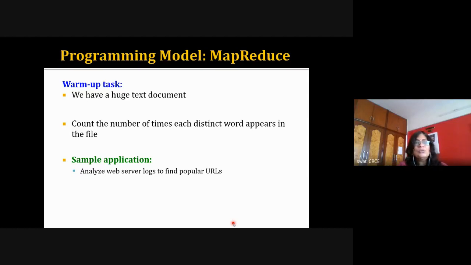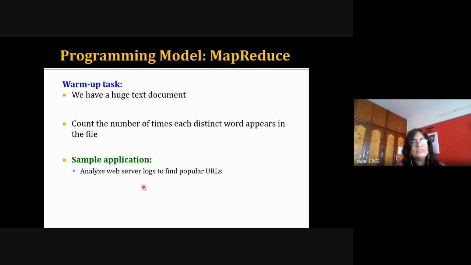We just have to write only one mapper and reducer function. Okay. So now the example is the word count example. We are assuming that there is a web server. On the web server, logs are maintained, and I want to find out what are the popular URLs which are visited by the people. I'm having multiple pages on my website, so my web server is creating the log, and every page has a unique URL.